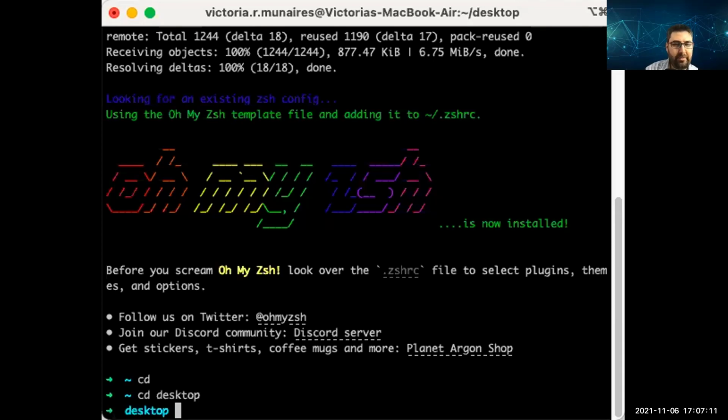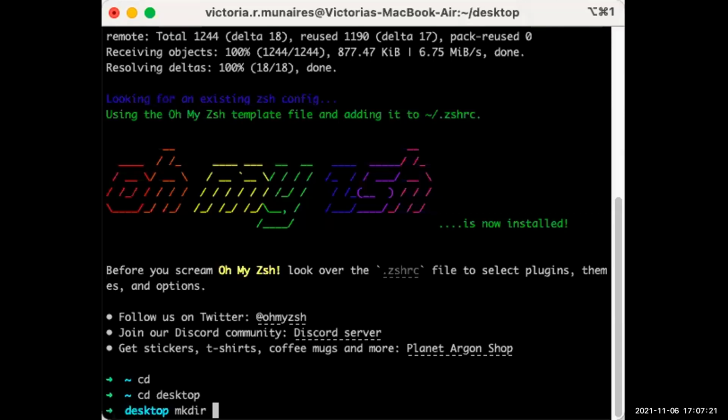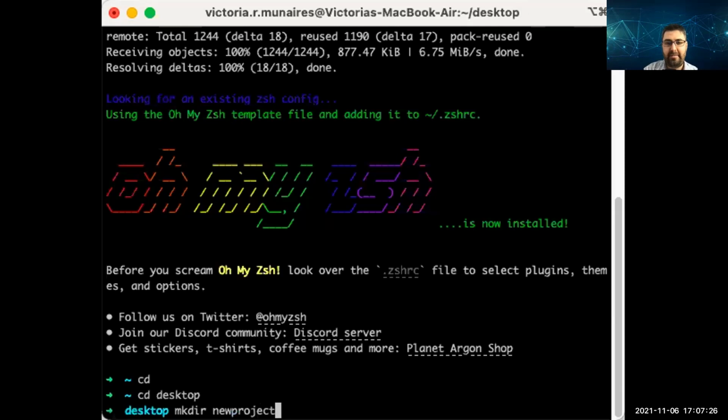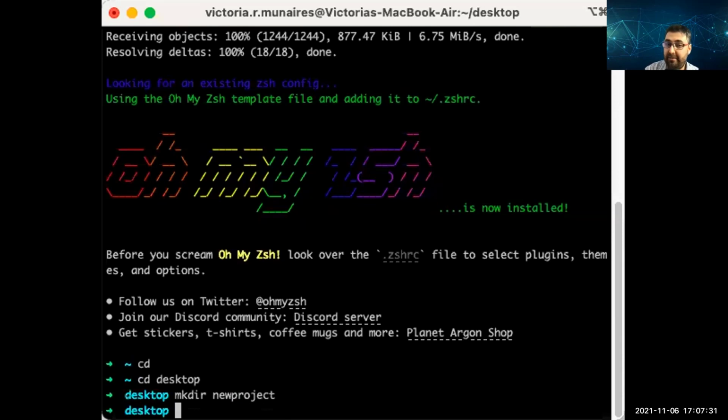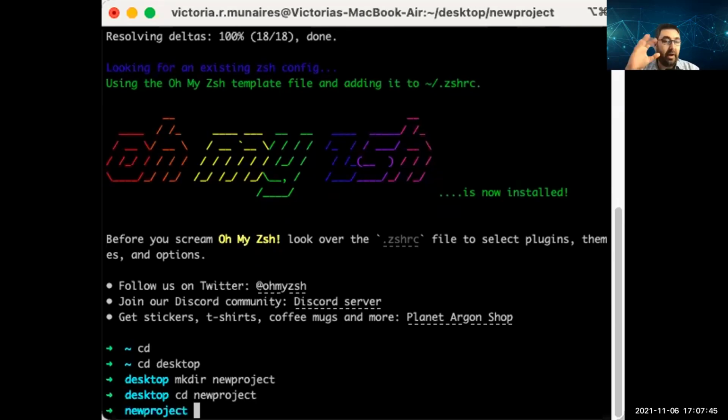Do you remember the command for it? No. Make directory, mkdir. Okay. Yeah, and then the folder name, let's say new project, no space, new project. Yeah, that's it. So you created your folder there, enter. Now you have that folder, but because we didn't enter it, we say again, cd, change directory, cd new project. That is how we navigate into that folder. Okay, we are on new project.